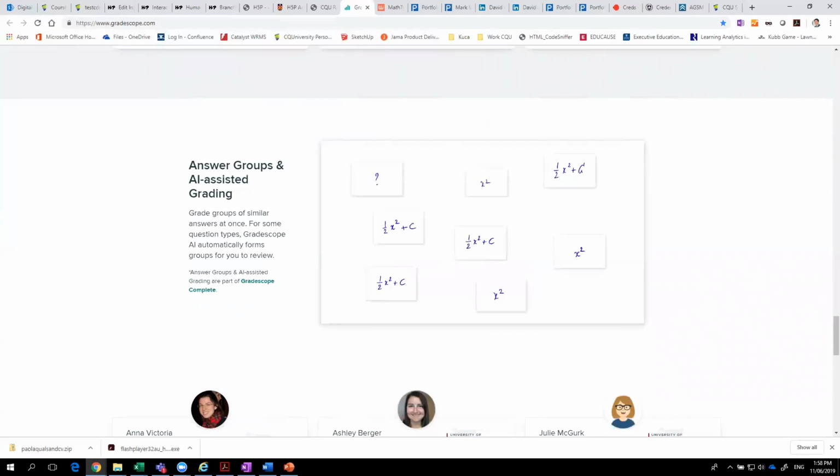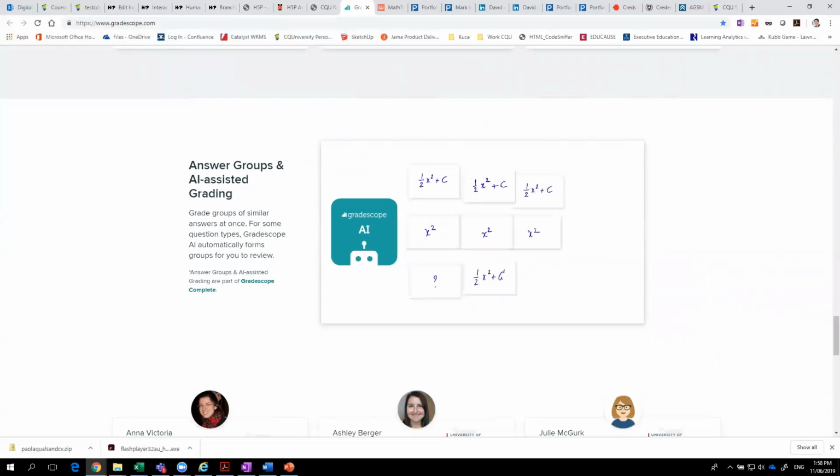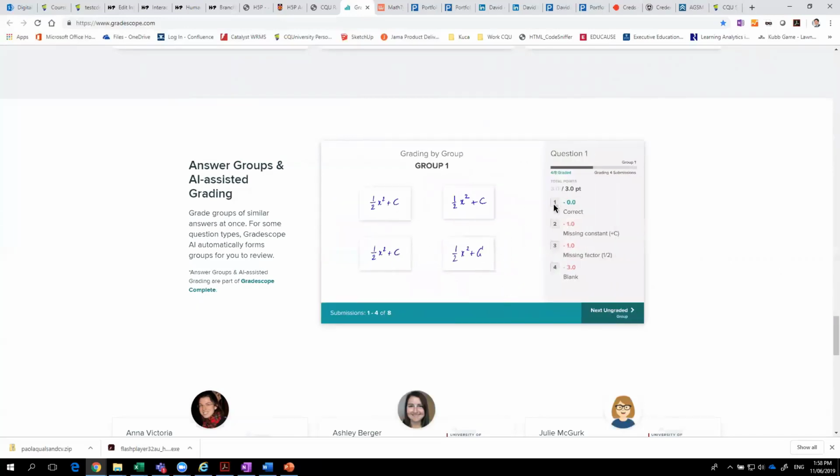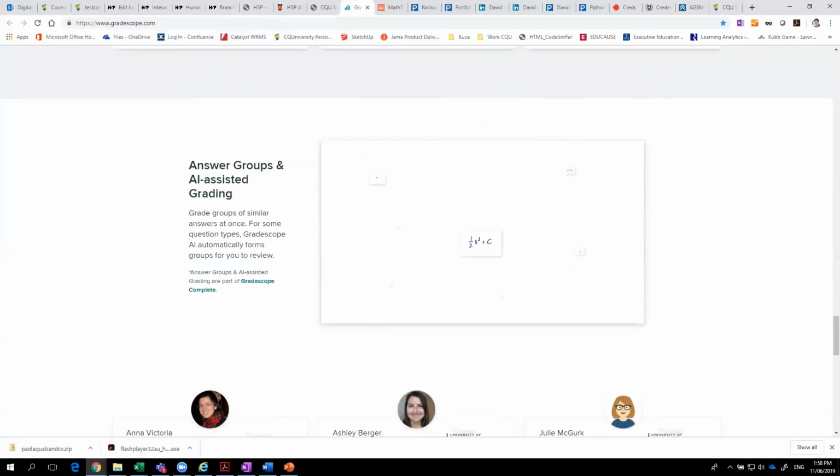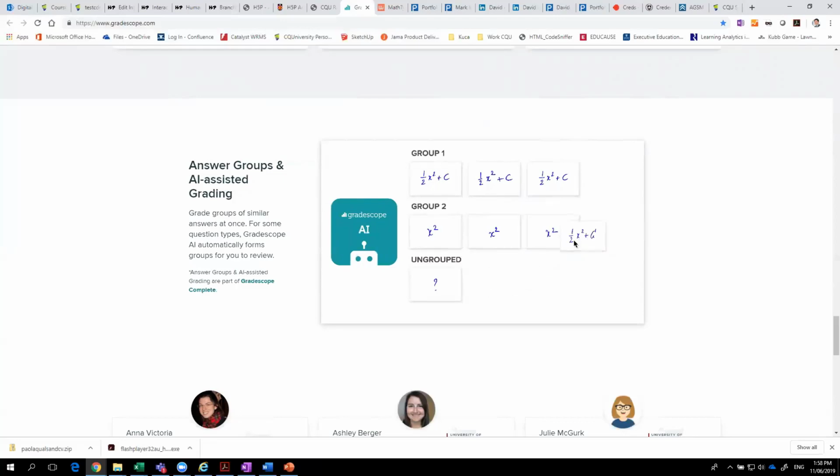So let's go through this again. You've got this artificial intelligence that scans everything and groups them by similarity of handwriting, and gives a human the chance to override something that they missed. And then right now, these people, same answer, in one click, I graded 4 people. People who have missing components, they get points lost, and people who left something blank, they get a 0. So this is what is meant by assisted marking, intelligent marking. It's not to replace you, it's to give you a little bit more time. Let's face it, marking is not an academic's favorite gig.